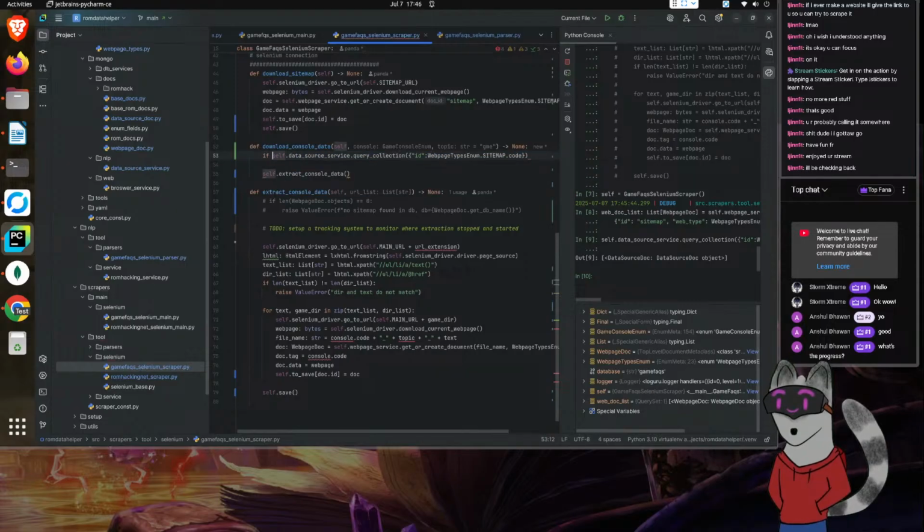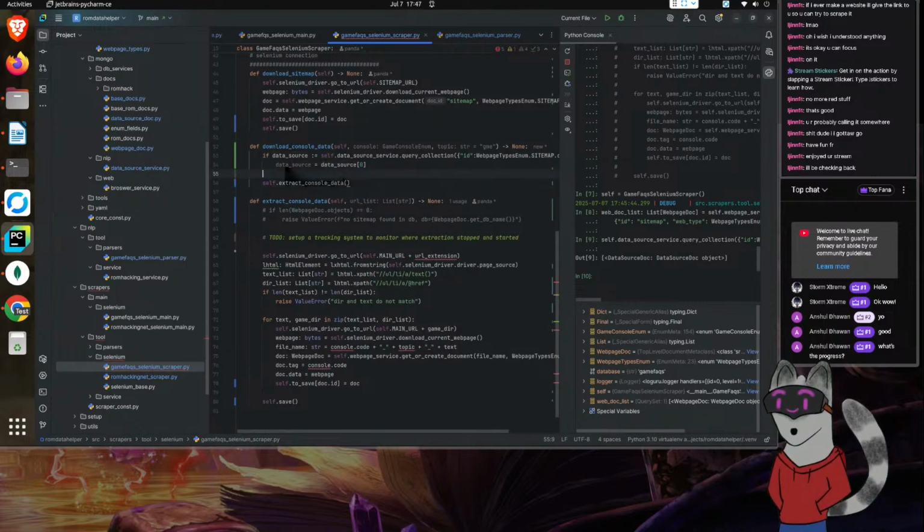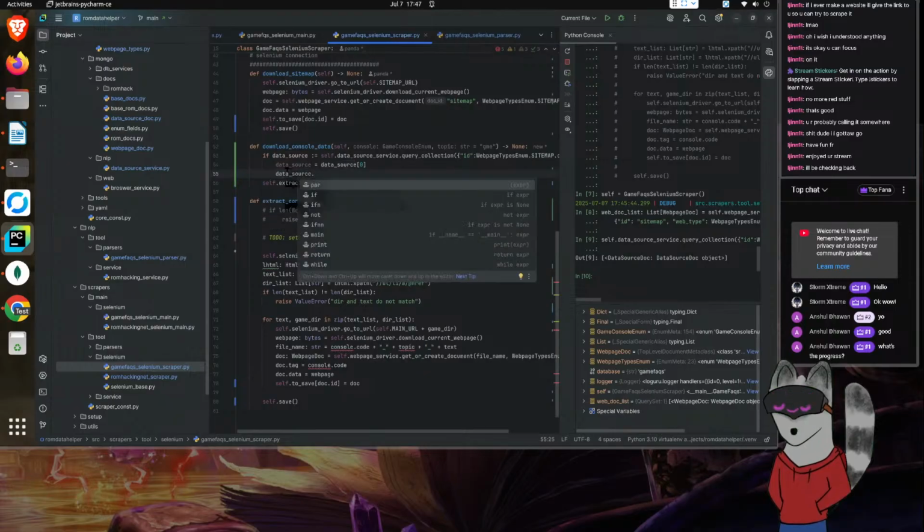So we'll call this data source. If we have that, then data source is going to equal data source, the first entry. And then from here, we go to data source dot, now let's see, this is called the,